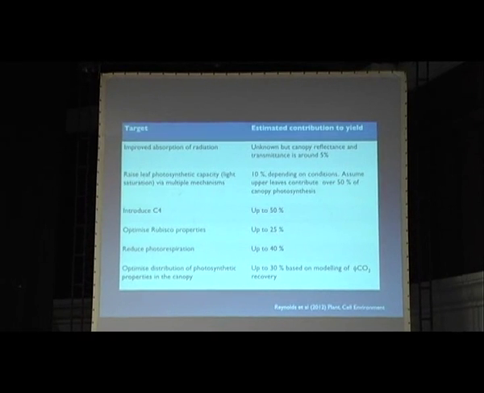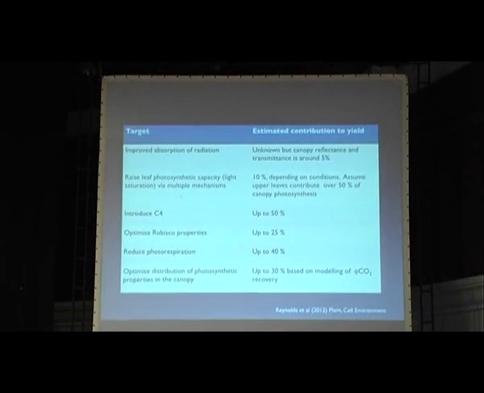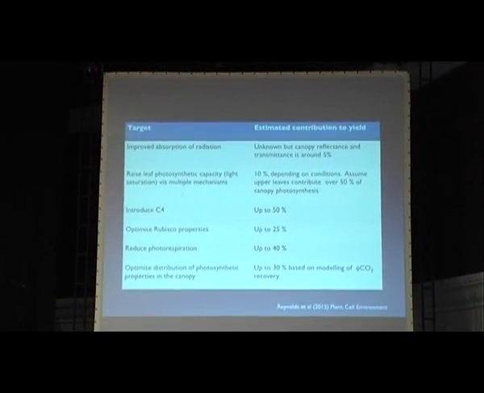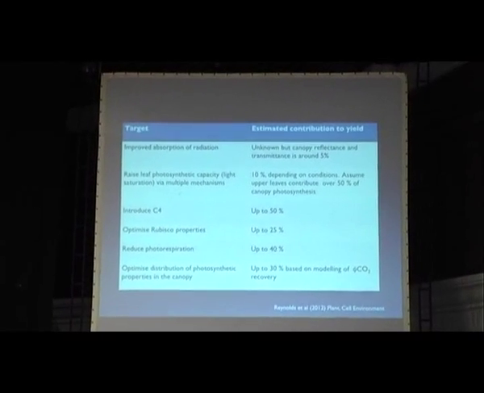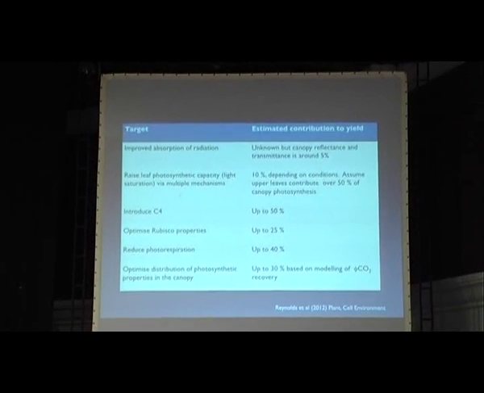We could raise the leaf photosynthetic capacity, that's the light saturated rate of photosynthesis, via different mechanisms, and we would expect something like 10% improvement depending on conditions, canopy structure, the proportion of the canopy that was actually saturated by